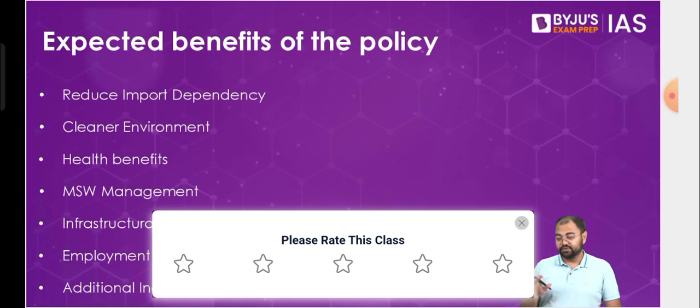We know that we are going to do a blending. So for example, let's say when we are able to reach 20% blending of ethanol in petrol all across the country, then instead of whatever amount of petrol we are importing right now, we'll have to import less. Importing less also means that we are spending less, correct?